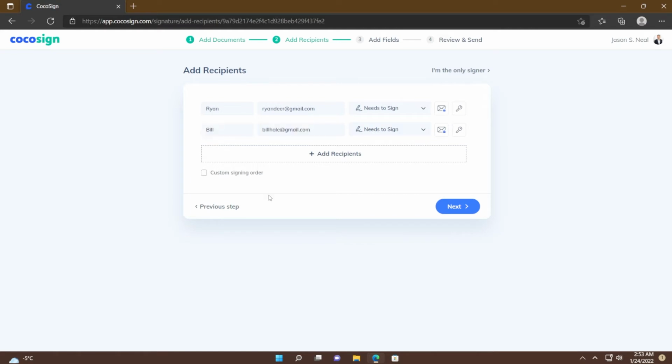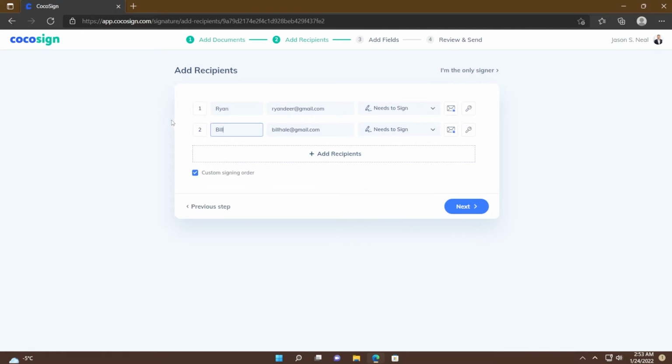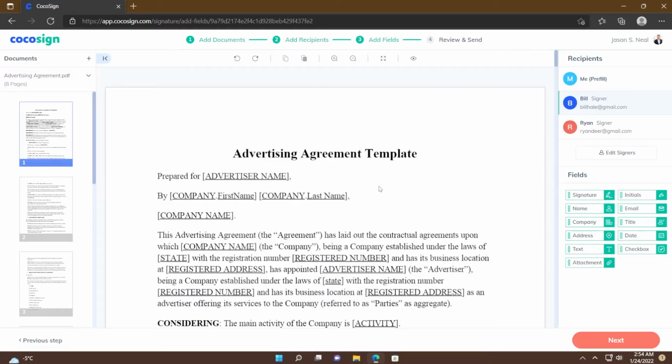If you want your documents to be signed in order, you can select Custom Sign in Order. You can simply adjust the signing sequence by dragging the recipient information up and down. After you've filled in all the information, you can click on Next. The third step allows you to edit your document and add the appropriate fields for your recipients to sign or